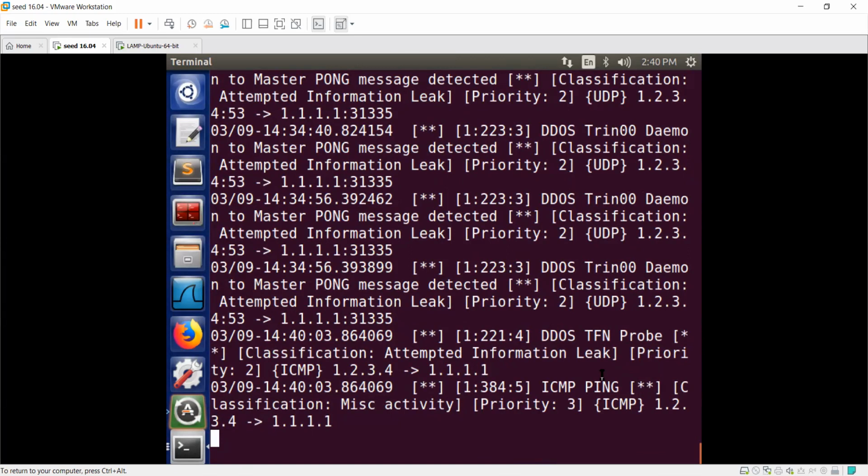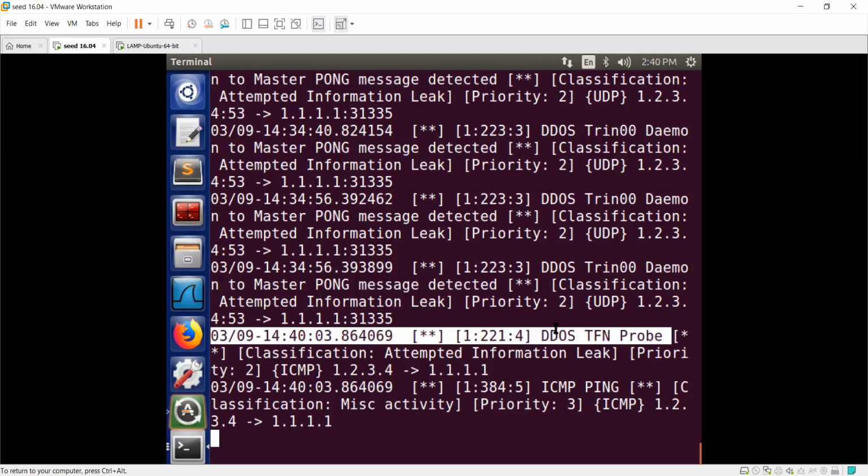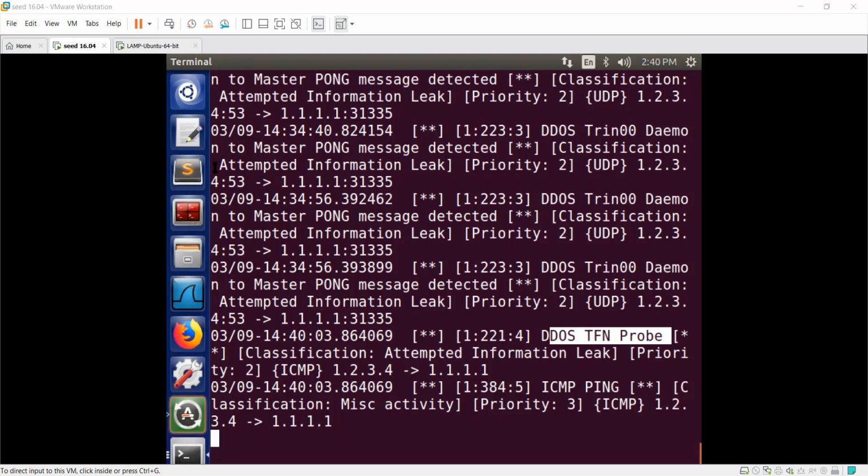Because you can see here in the output this, right? DDoS TFN probe, the exact alert that we were discussing, right? So that's, you know, and then if we want to repeat the same process again, you would do it with